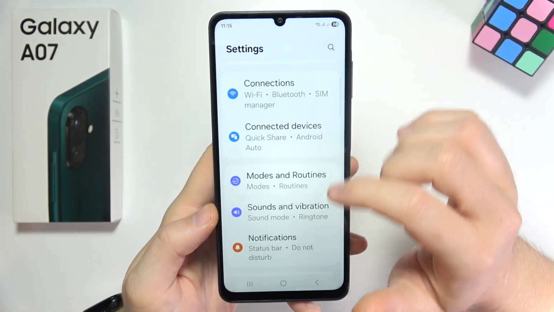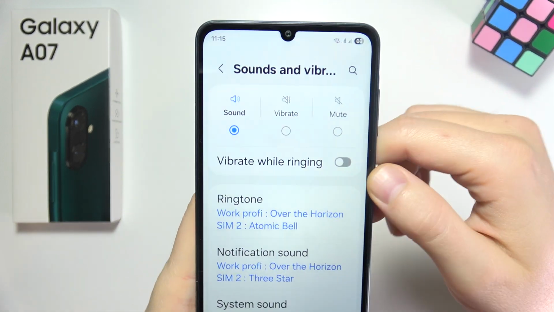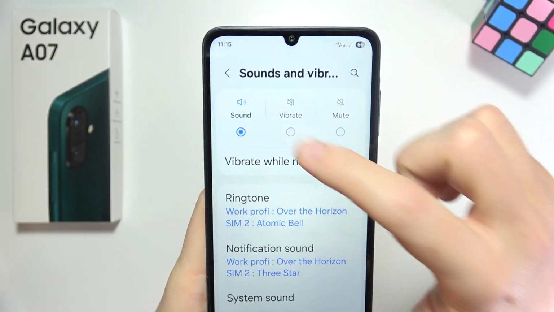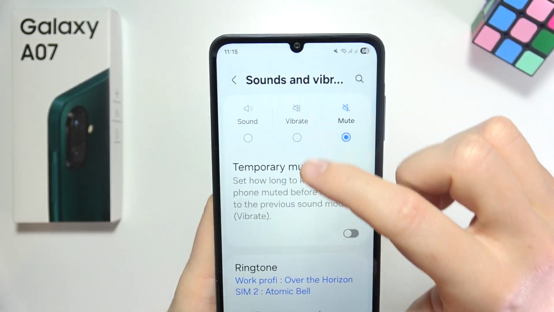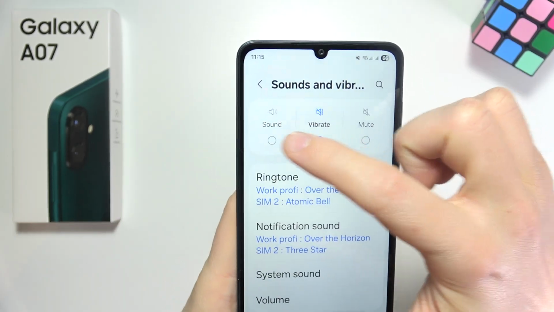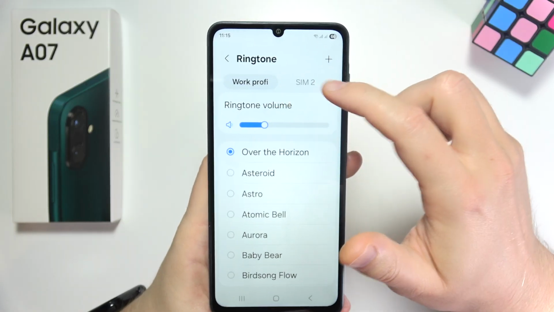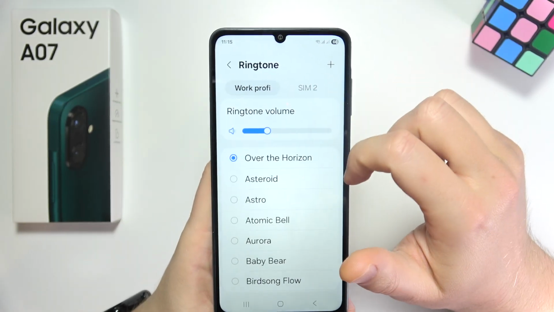Hey, let me show you all sounds and the vibration settings that you can find on the Samsung A07. So as you can see, first of all, at the top we can change modes. We can find 3 of them, and for each mode we can find some unique options like that. We can also find a ringtone for both SIM cards, so we can easily change it, and also